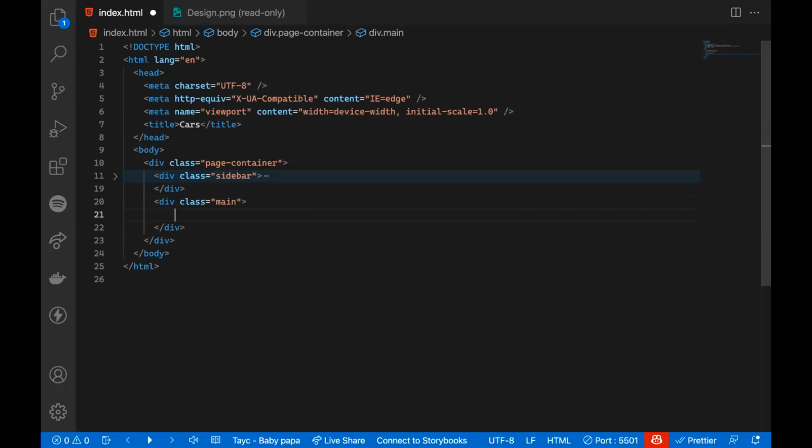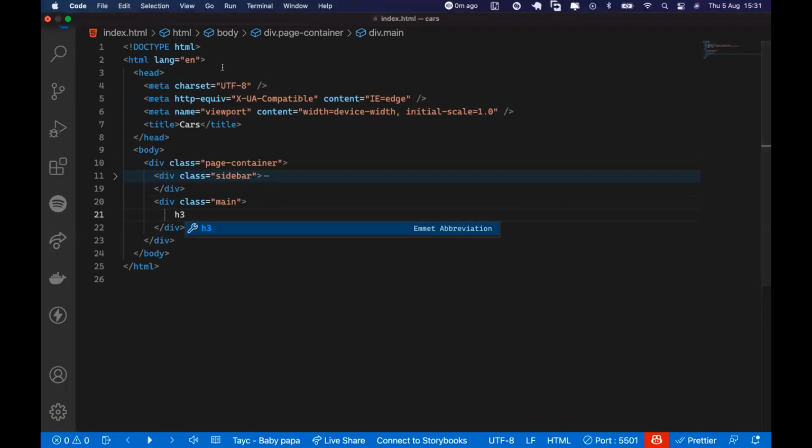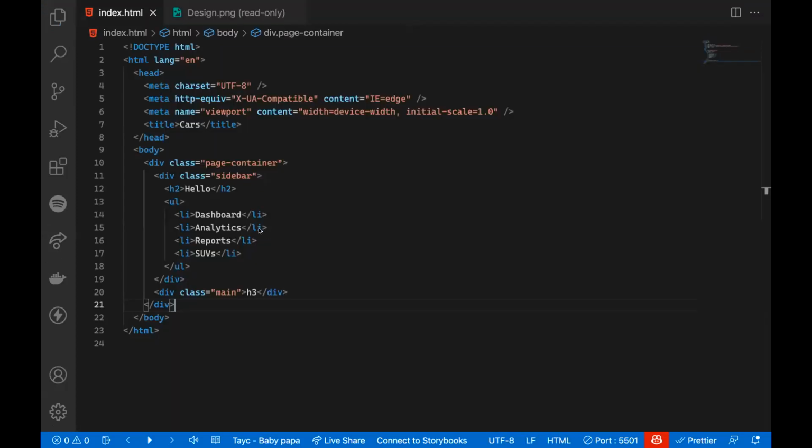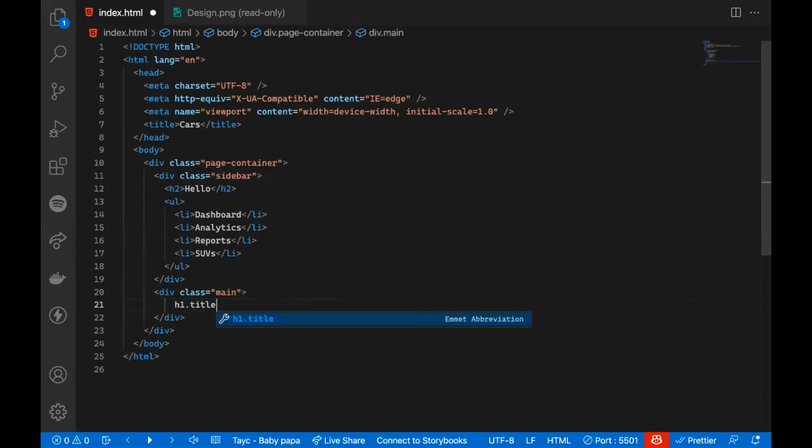another H2. Okay, let's maybe make it an H3 because maybe it's smaller than the title. But is it smaller? Looks like they're kind of the same size. Okay, let's maybe make it an H1, an H1 since it's bigger than the title. So inside of here, we'll have an H1, which is a title. So it will be different. Maybe we want to style it differently from other H1s anywhere on the page. This is just specifically for the title H1. And we're going to say SUVs,